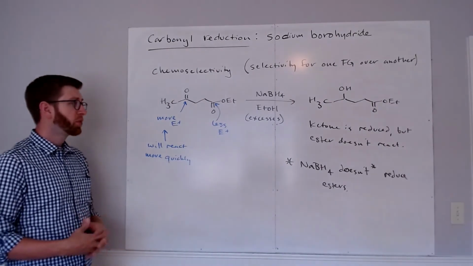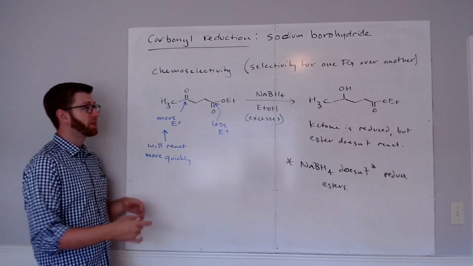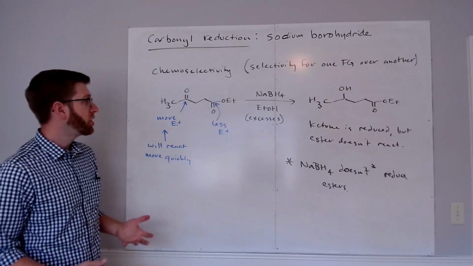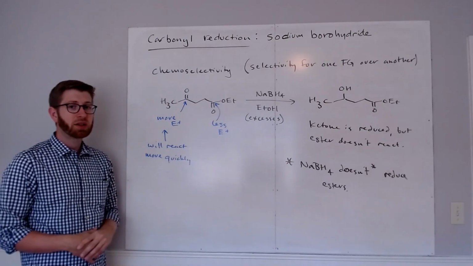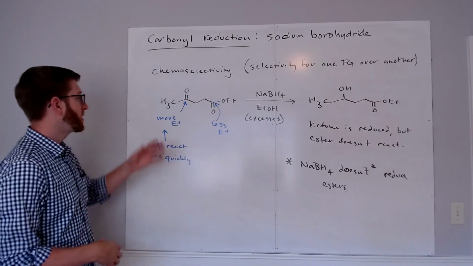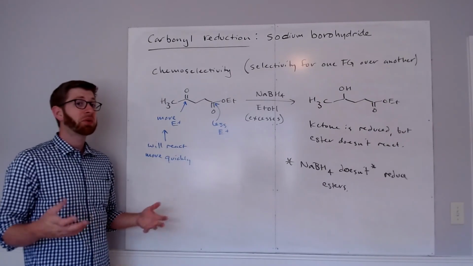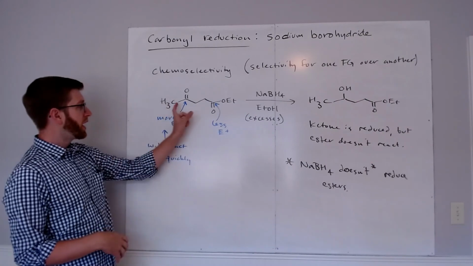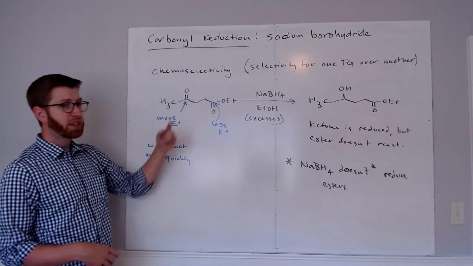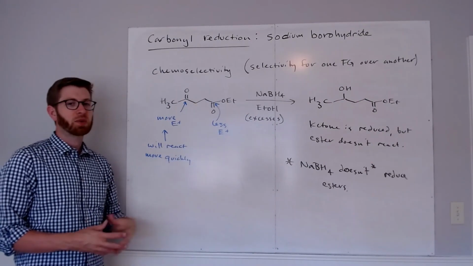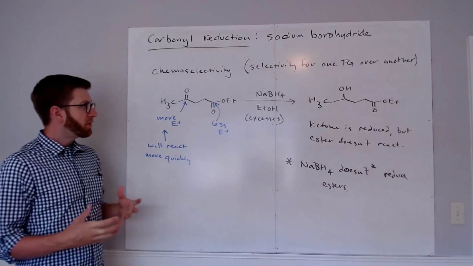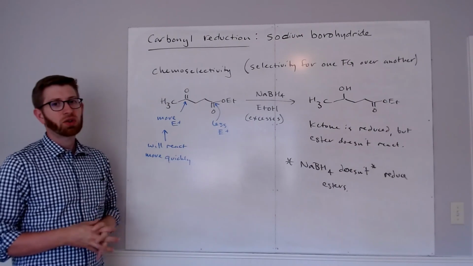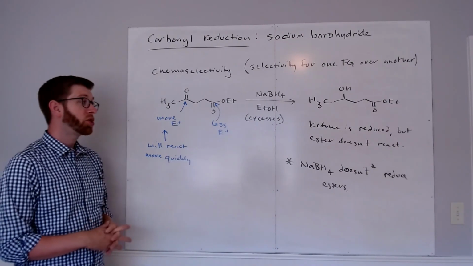Fundamentally, what this comes from is the fact that there are such big differences in electrophilicity between a ketone and the ester that the rate of reduction of an ester with sodium borohydride is minimal, almost zero, right? Whereas a ketone reacts pretty quickly. Generally, like an hour or two is sufficient for the reaction to be done. So if this gap was narrower, if these were very similar in electrophilicity, we may not see these results, right? In the next video for the unit, we'll start looking at, well, how could we change the structure of sodium borohydride so that we actually could reduce things like